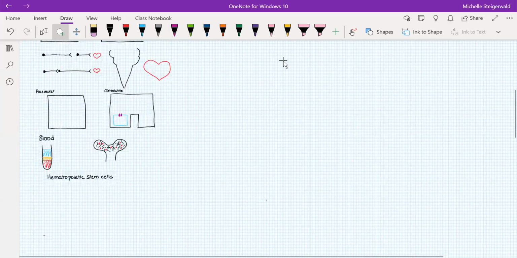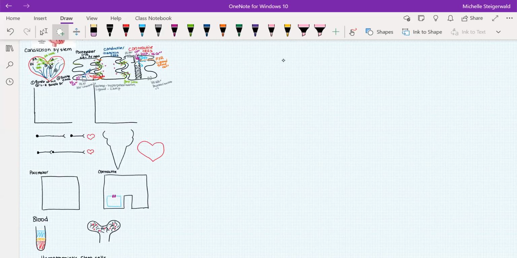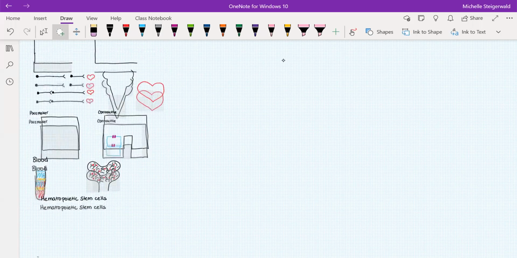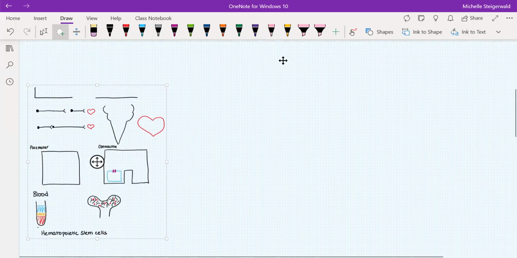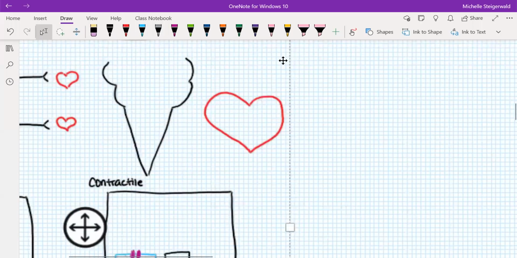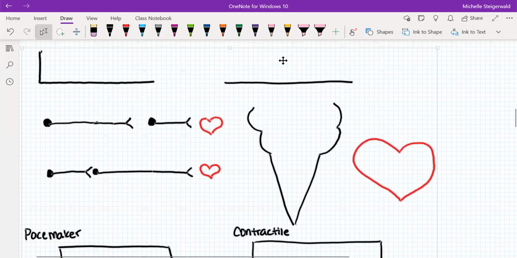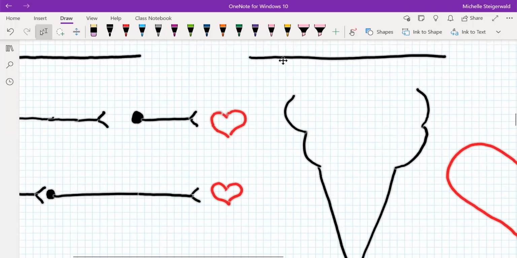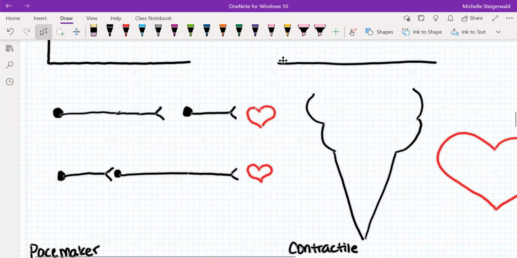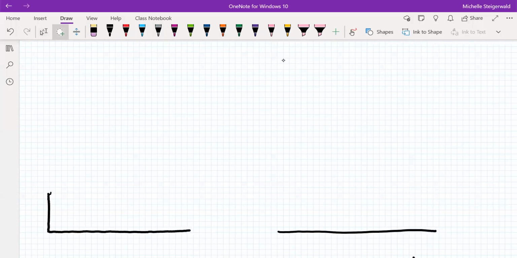Oh, you son of a gun. Okay, now that I've given myself a little more room,